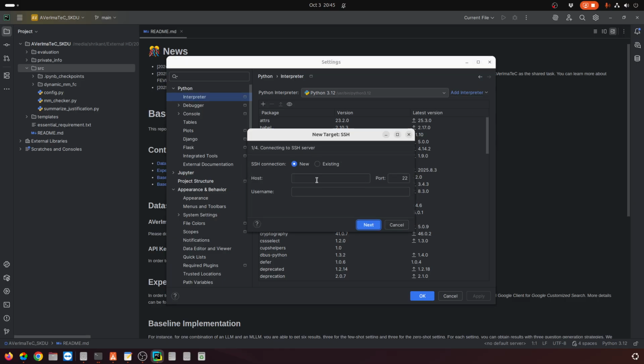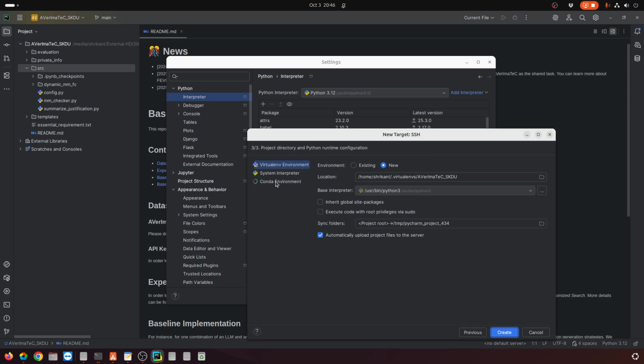It will ask you for the IP address. We have to write the HPC IP address, 172.21.0 something like that. Port would be 22 only, and next is the username. Suppose I'm trying to connect with my user account at the HPC, so I have to write my username, and if we press next, it would ask for my password, and then it will connect. I have already configured one connection with my account, so I have selected that. If we go to next,